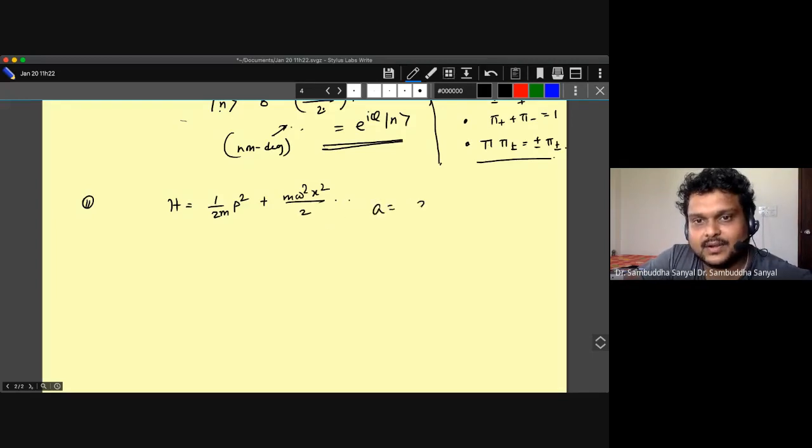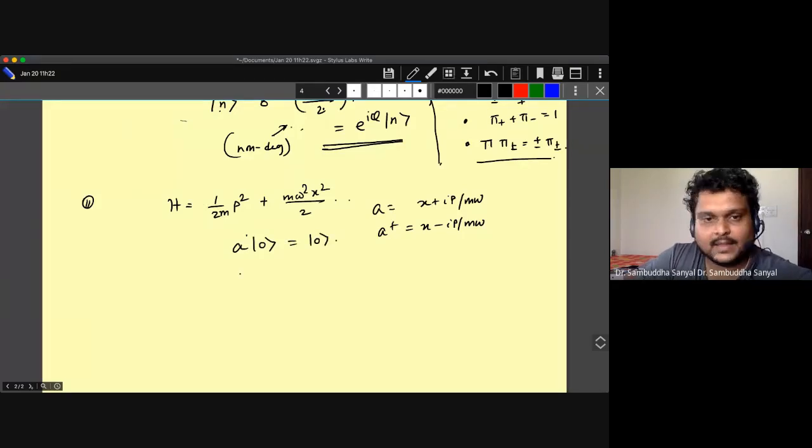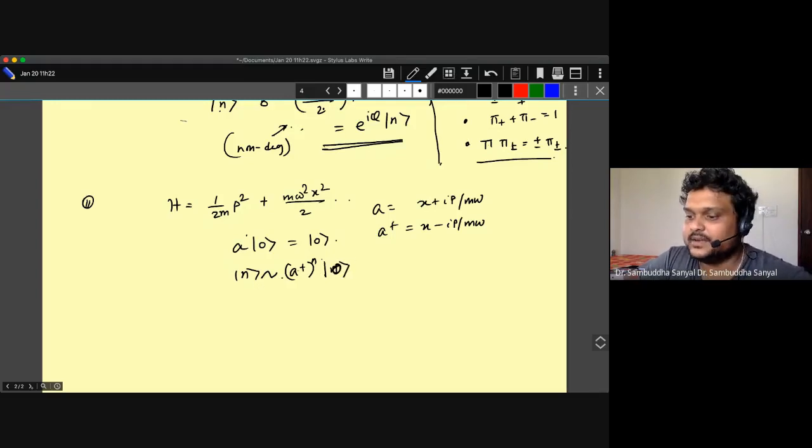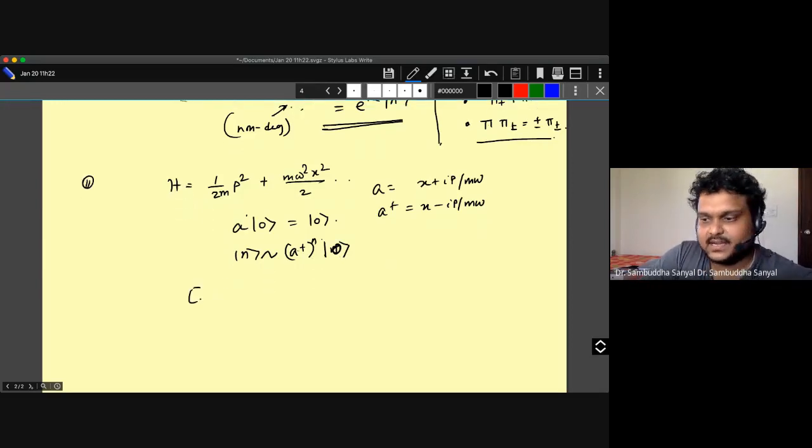So we know these two operators: A is x plus ip by m omega, and A dagger is x minus ip by m omega. And we define the whole thing by saying that the definition of the ground state is A|0> = 0, and any excited state you can get from it. I'm getting a little casual about the notation because I'm dropping the normalizations. By applying A dagger n times, you'll get any arbitrary state. Now we can see it trivially, and we can also check it algebraically, that this is